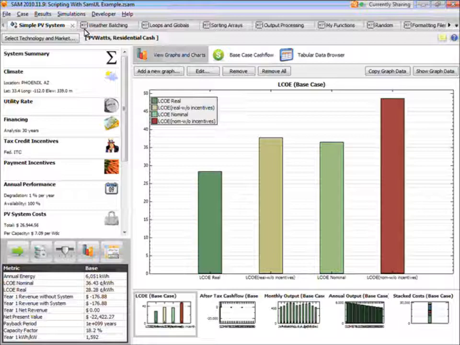You can manipulate simulations, so you can run simulations repetitively from the script, and you can set up different kinds of simulations, and then you can write simulation results to files, so you can create a text file with results of interest by pulling values from the SAM results. So it's pretty powerful,